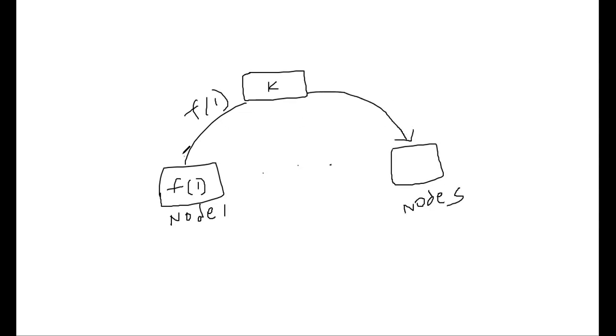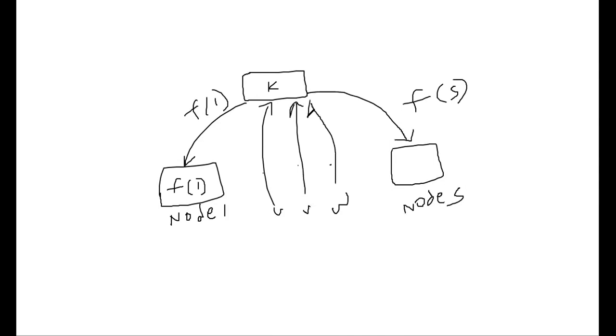At the time of reconstruction, suppose you have 3 nodes: node U, node V, and node W. All they will do is send back f of U, f of V, and f of W. The master will be able to reconstruct the same key K. Which means the attacker has to compromise all these 3 machines, or any 3 machines among the S machines, to reconstruct this key K. That is the idea of this problem.